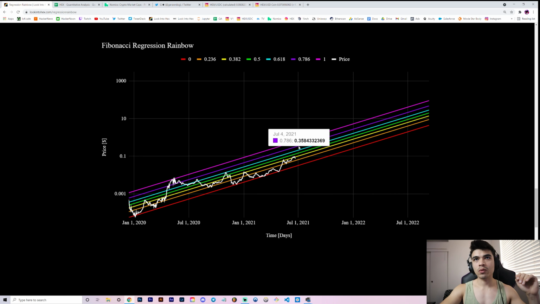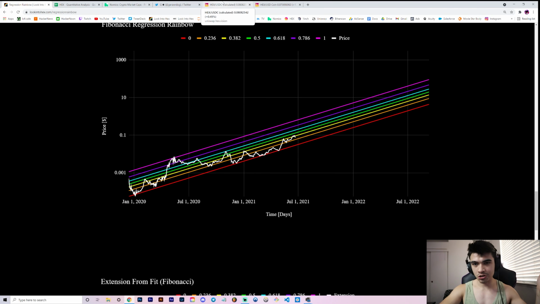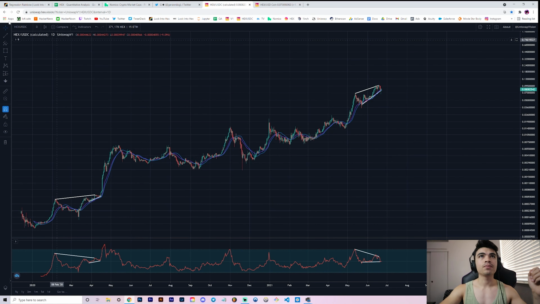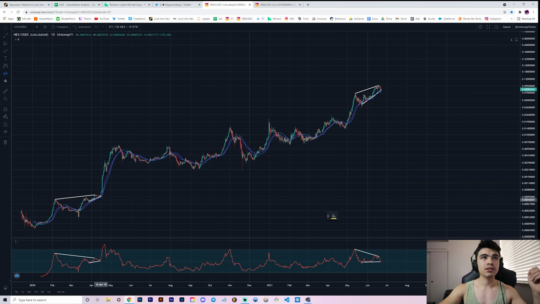Let's say we were to hit our purple curve. In July, that corresponds to 35 cents. So again, like I've been saying, depending on how long this move actually takes, if it were to happen, it would change what our targets would be. So just a quick example, if price were to do something like, let's get our brush here, price were to do something like it did over here. Let's actually take a bars pattern real quick to show you what exactly it would look like if it played out